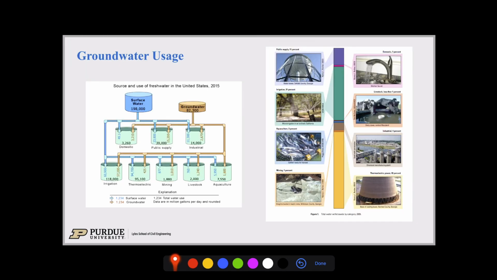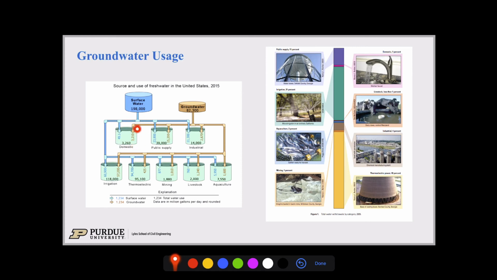Now, if we look again at the split between surface and groundwater, you can see again 80 versus 200. So these numbers, surface water and groundwater, give you an order of magnitude. Again, a third is groundwater-ish. Now, going back to those different activities that we use water for, the public supply here is about 50-50. So our cities, again, that would be 50-50. So it's actually a little less, but the same order of magnitude. Which means that a lot of cities actually get their water from groundwater sources.